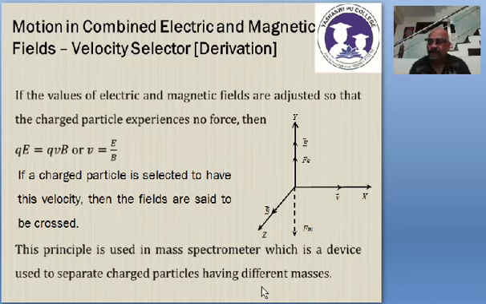The electric field is also applied along the positive y-axis. Now, as you know, the charge will experience the magnetic Lorentz force, combined with the electric force. We call these crossed fields. Why crossed fields? Because a charged particle is now subjected to both electric and magnetic fields perpendicular to each other. The electric field is acting along the positive y-axis and the magnetic field is acting along the z-axis, so the two fields are acting perpendicular to each other.